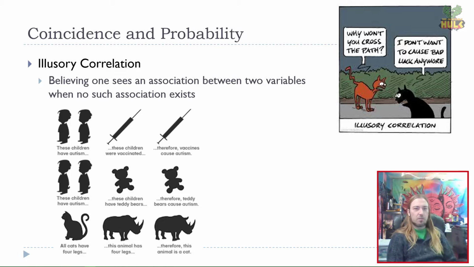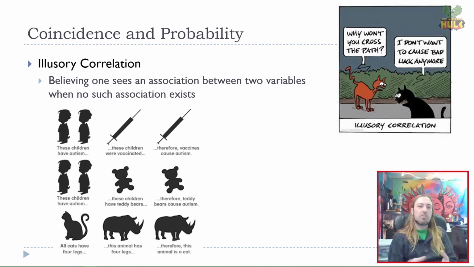A form of confirmation bias occurs in what we call illusory correlation, where you believe an association exists between two variables when no such association exists at all, right? So a lot of our superstitions, right? A black cat crosses your path, you believe that to be a cause of bad luck, and so then you notice later on you stubbed your toe on a chair, you dropped a glass when you were getting water and it broke in the kitchen, but you don't notice that you also got an A on your test that day, or that you didn't have a headache and you had previously thought you would have a headache from whatever it was.